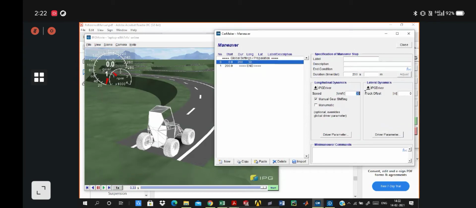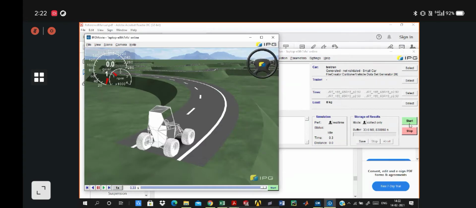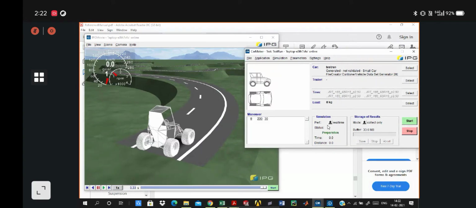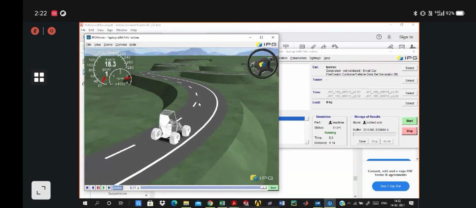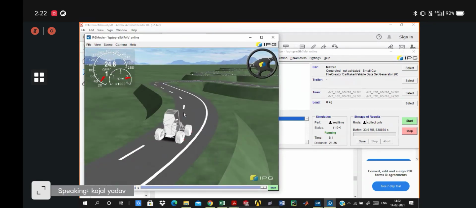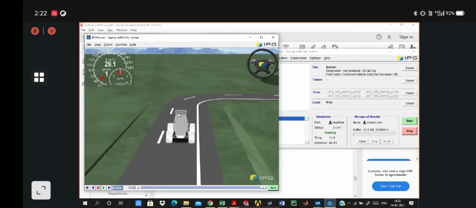So yeah, I'll start the simulation in real time. I haven't sped up or lowered the speed. You can see your speed range here and your steering wheel angle here.